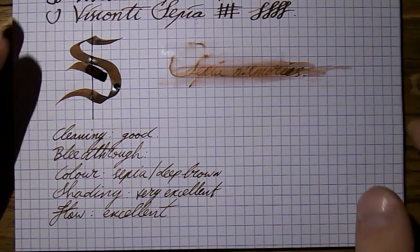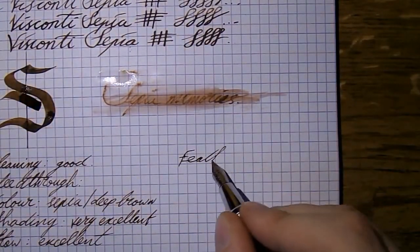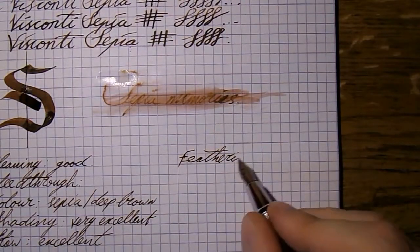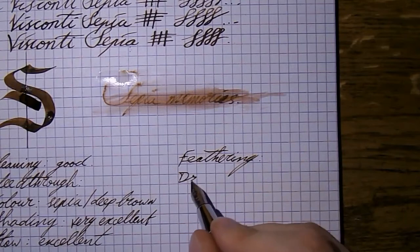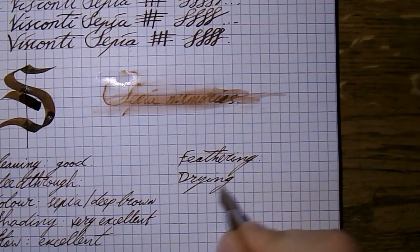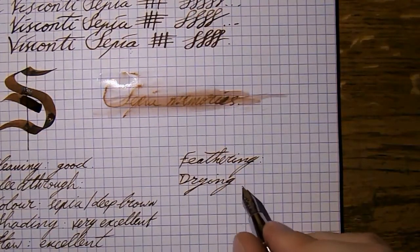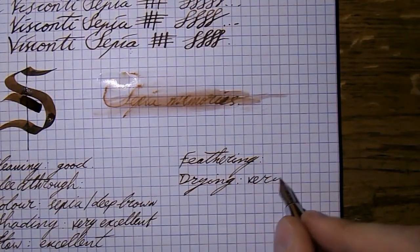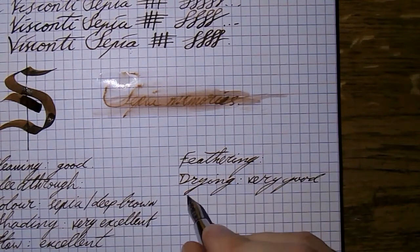Then we have feathering. Well, so far that looks good, but this is Rhodia paper, so I'll come back to that. Drying, well, as you can see, it dried fairly quickly, so I'd say drying is very good. Drying time. Waterproofness,